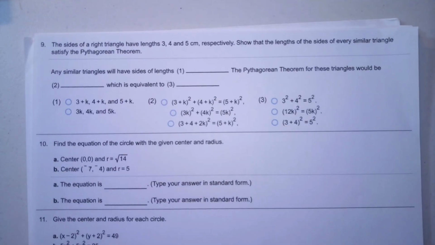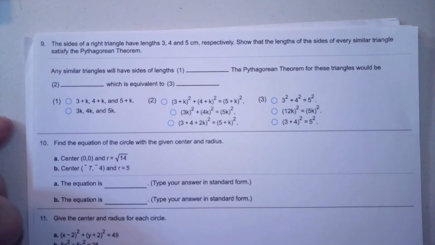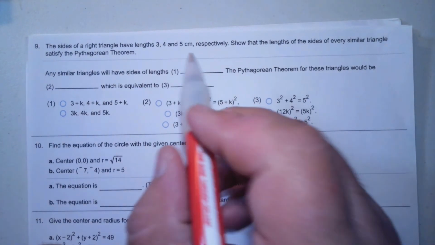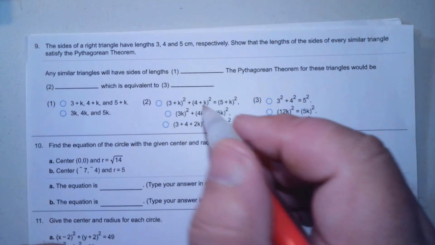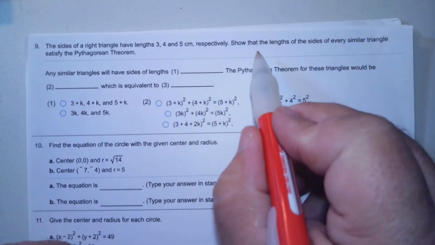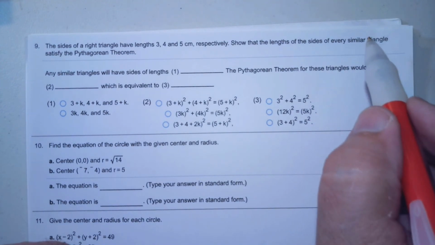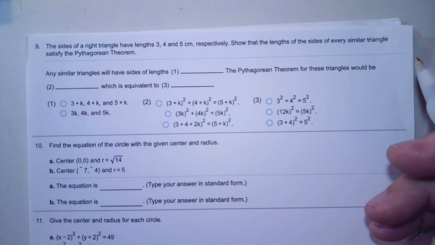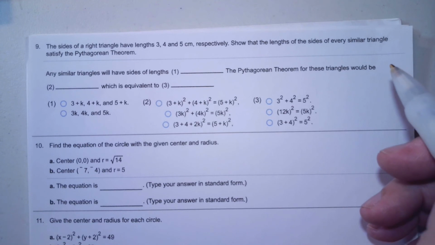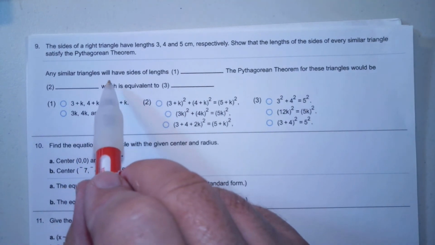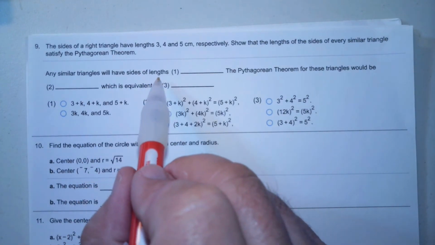Almost done. Okay. The sides of a right triangle have the length 3, 4, 5 centimeters, respectively. Show that the lengths of the sides of every similar triangle satisfy the Pythagorean theorem. Any similar triangle will have the sides of length